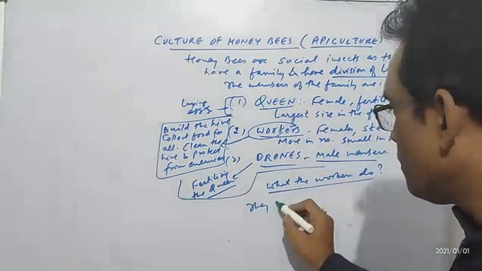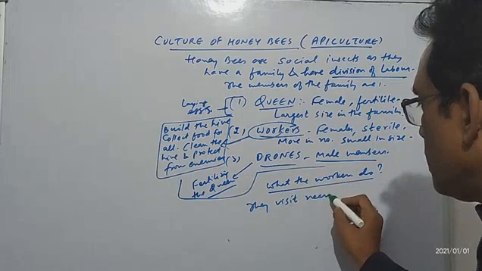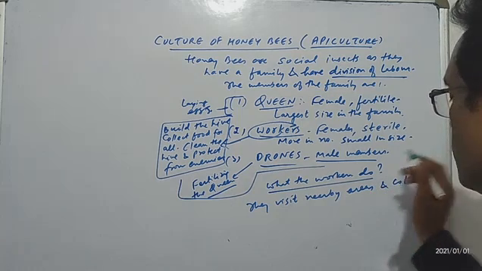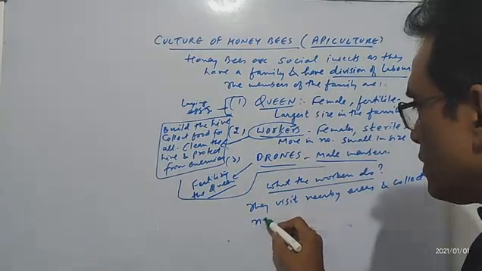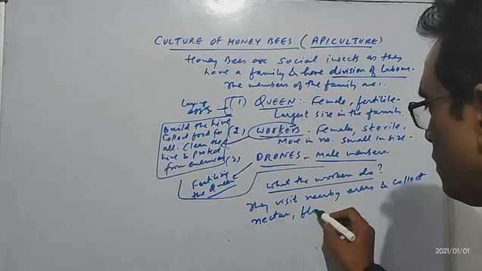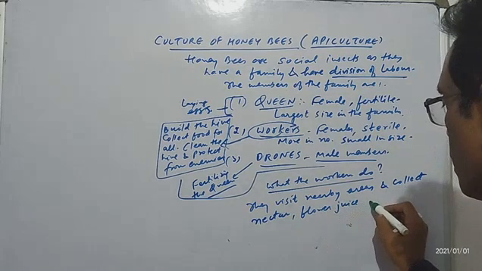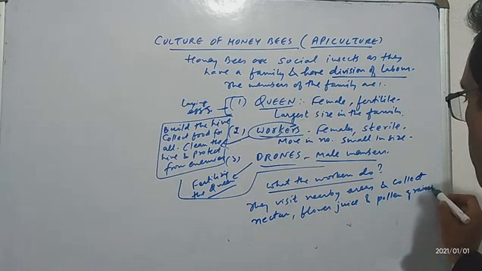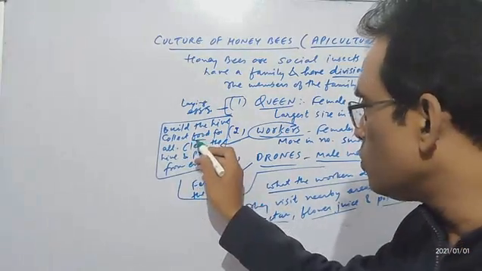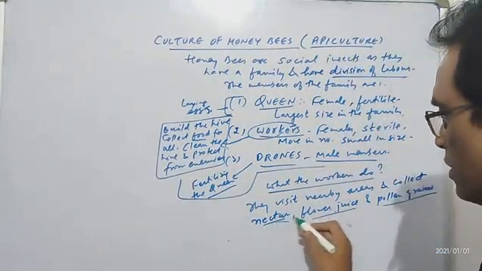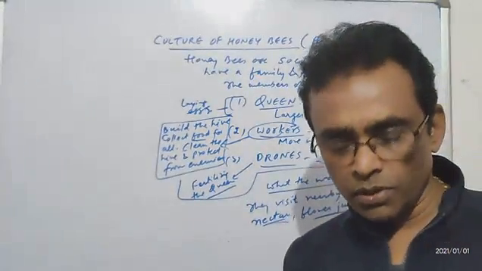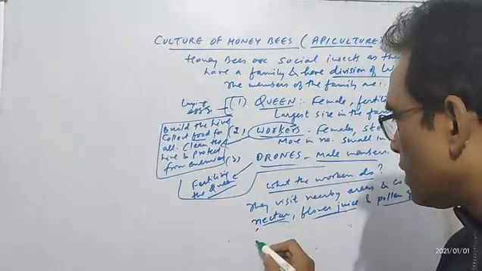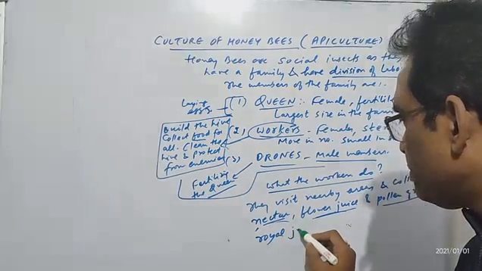They visit nearby areas and collect what is called as nectar or the flower juice and pollen grains. To name the foods, they collect the food. जो मैंने कहा फूड के नाम पर वो क्या कलेक्ट करते हैं? नेक्टर, फ्लावर जूस, पोलन ग्रेन. गौर से समझेंगे थोड़ा सा. नेक्टर, फ्लावर जूस, ये सब भी है. इसमें एक नाम और हम ऐड करते हैं, रॉयल जेली.